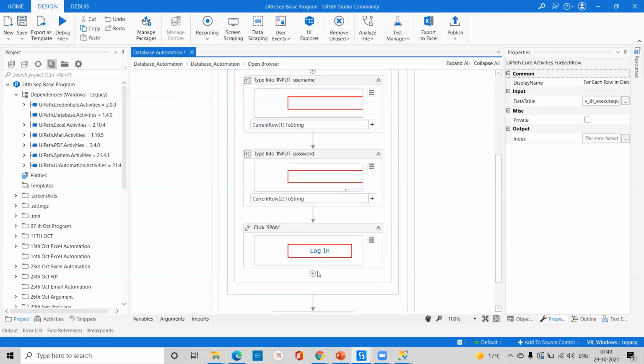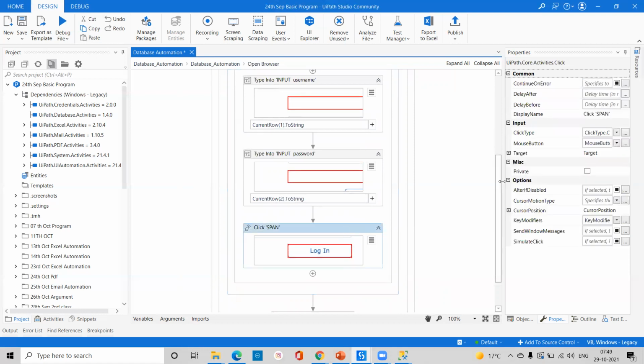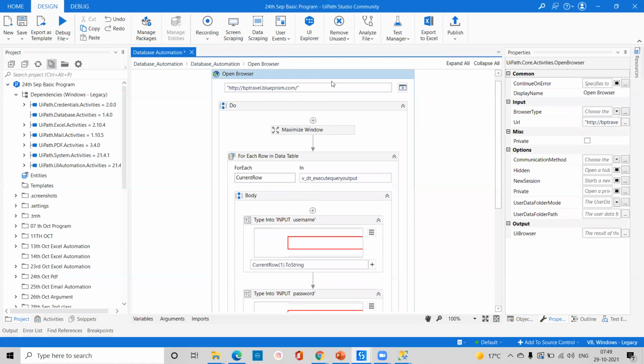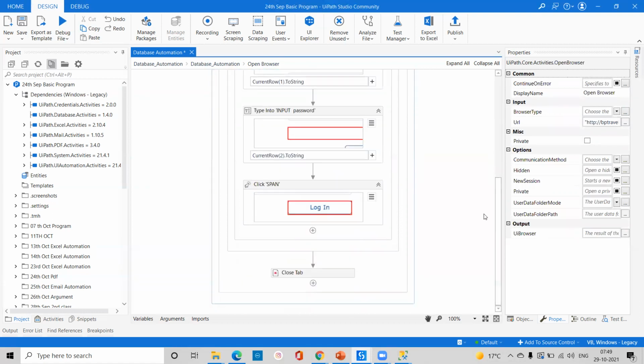we have login. So after login, whenever you do Excel automation in any program, there are more than 100 activities, 200 activities, so there you will get lots of loops. Okay, always click on this open browser and always check this line, that is your blue line, and always in the last you have to provide the close step. If you do not provide it properly, it will automatically close your loop, so in the first loop it will close everything. So always check these things, always check this logic, and after that we will try to apply.